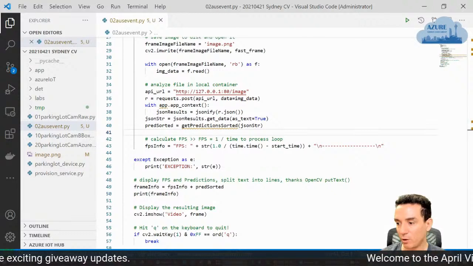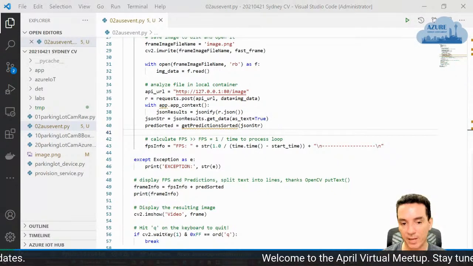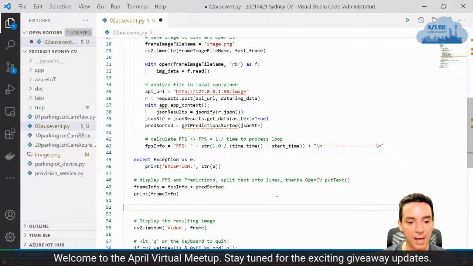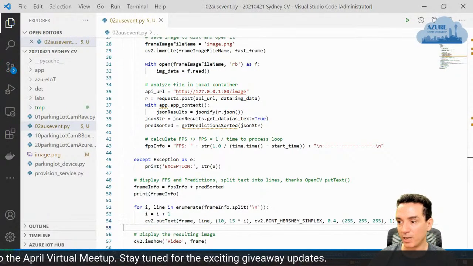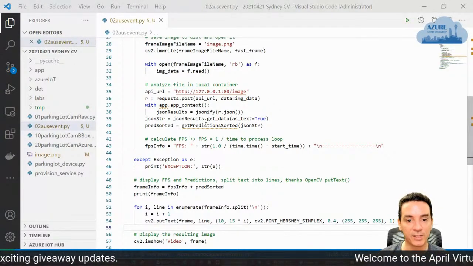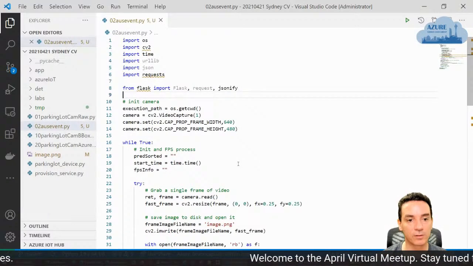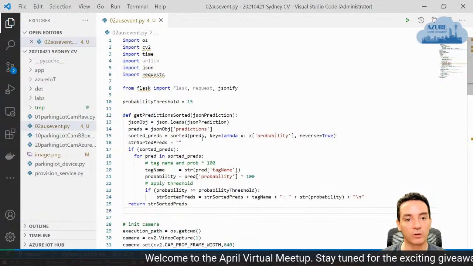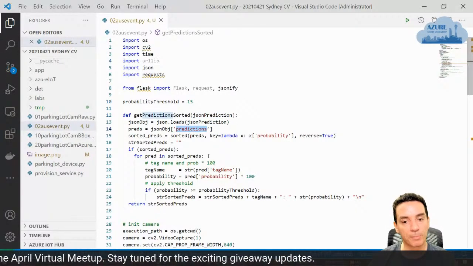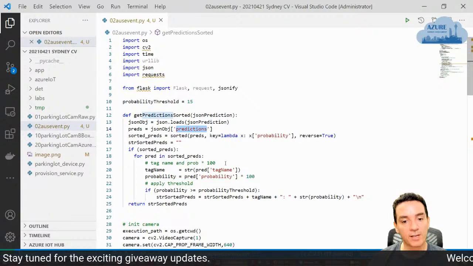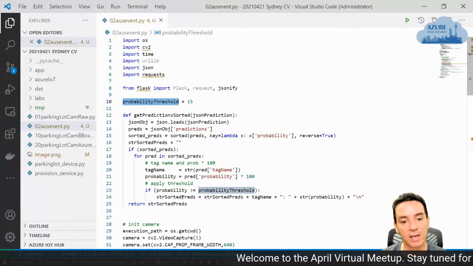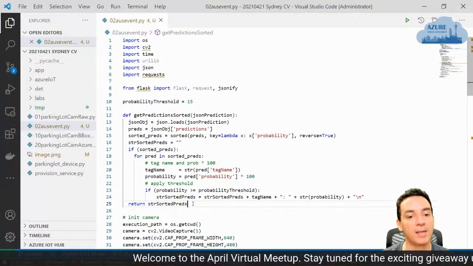So let me complete this very quickly here. So we have the display, we have before this, let me put this before the display, and I have a function here in my helpers which basically does all the magic. I have this get prediction sorted function. Let's put this on top, and basically it's going to pick up the JSON, sort by predictions, sort by probability, and show each one of them which is bigger than my threshold. I am going to show this in the sorted prediction.